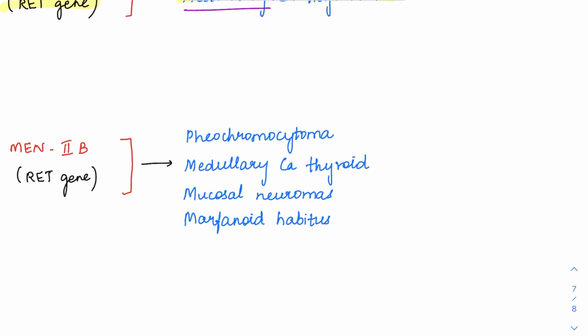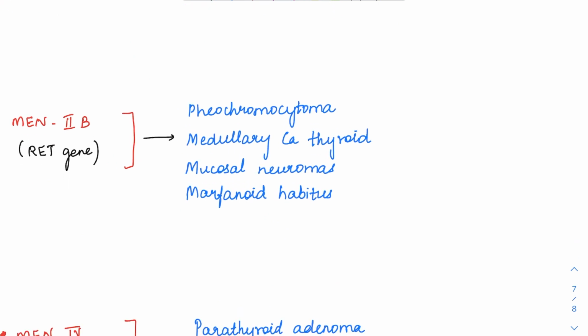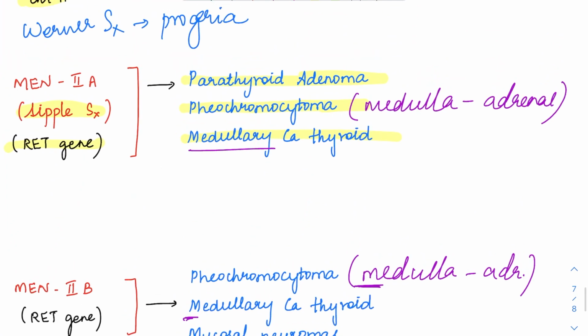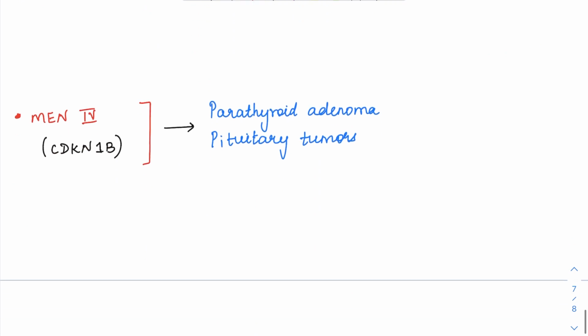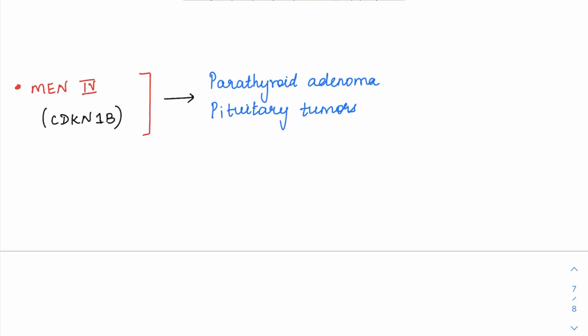So pheochromocytoma arising from the adrenal medulla is there. Then medullary carcinoma of thyroid is there. Then we have mucosal neuromas. And then marfanoid habitus. So all M's will be here. Remember, all M's are seen in MEN2B, while along with 1 parathyroid adenoma, there are going to be 2 medullas in MEN2A syndrome. Okay, then MEN4 syndrome, it is also going to present like MEN1 syndrome only,